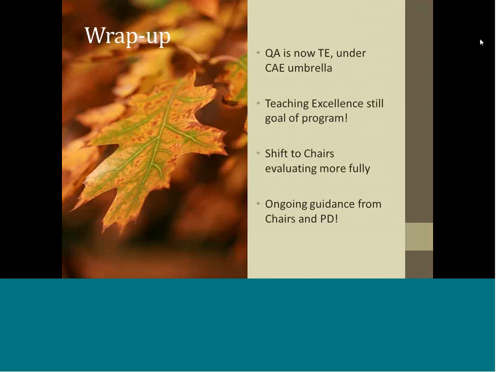The shift is to chairs having more extensive involvement in making an evaluation of an instructor, and ongoing guidance to instructors from chairs through these new evaluation forms and through professional development, since, as we all know, we are expected to complete at least one professional development activity per year.